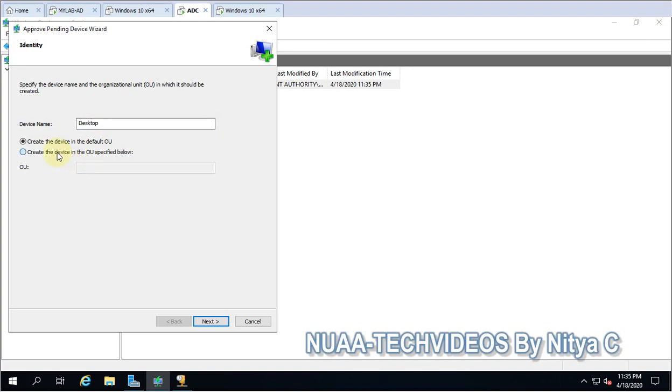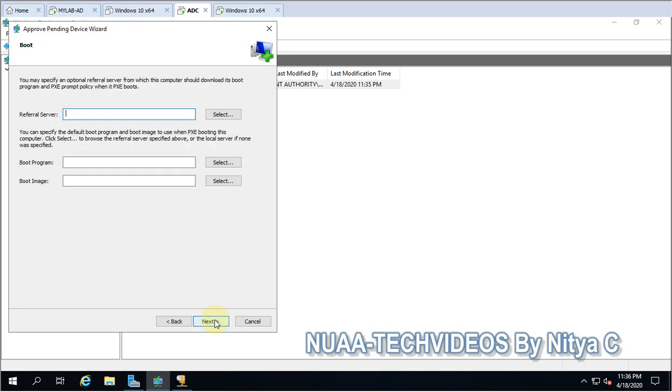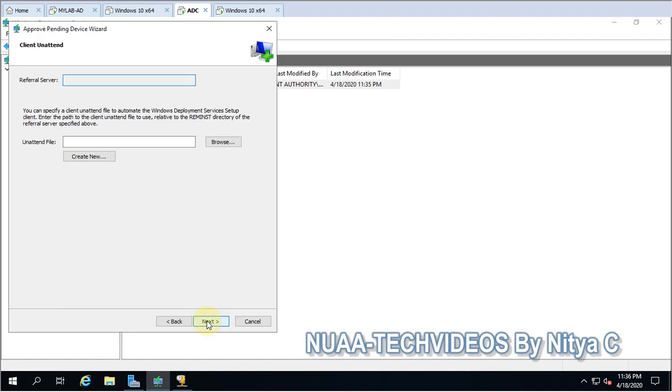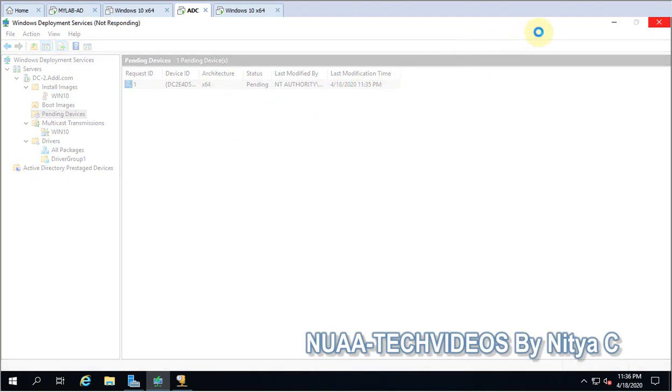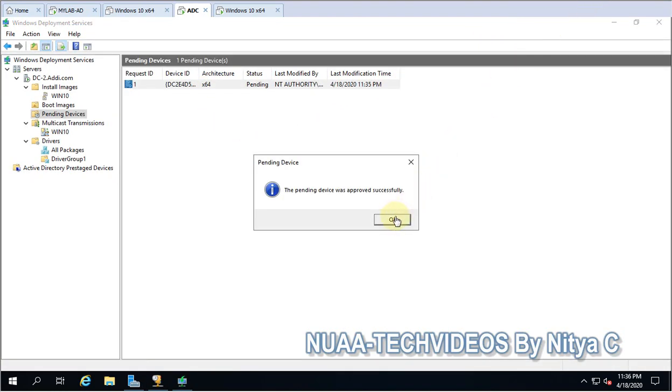If you want to give the OU you can, but the OU we already selected, so let's go next. Preferred server we don't want, okay, next. Reference server, unattended file, we can give the file as well here, and finish. So this device is now approved.